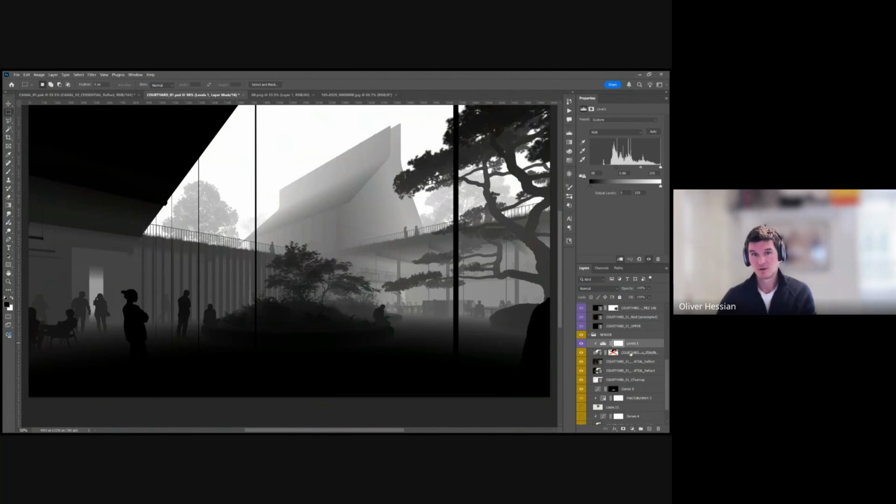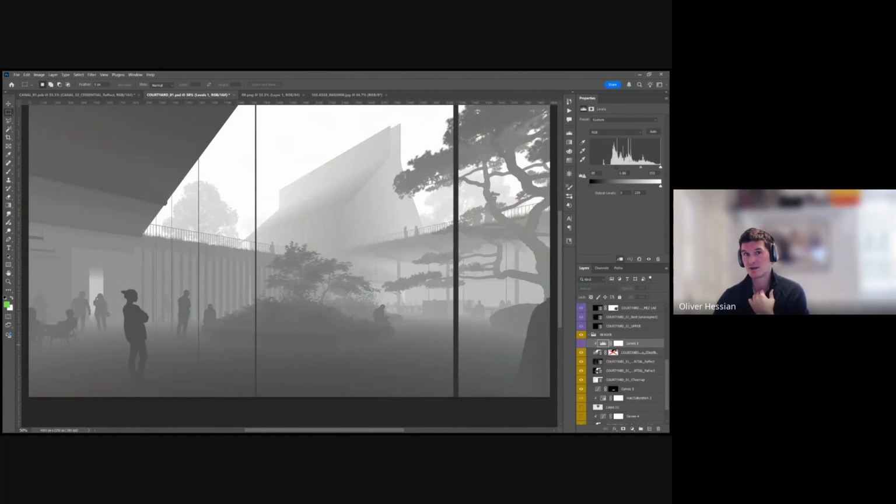So levels is another adjustment layer. It's available down here next to your curves. And what levels does is, you see the histogram up here. Let me just put a new one on so you can see it from scratch. So if I drop that on here and I link it down,